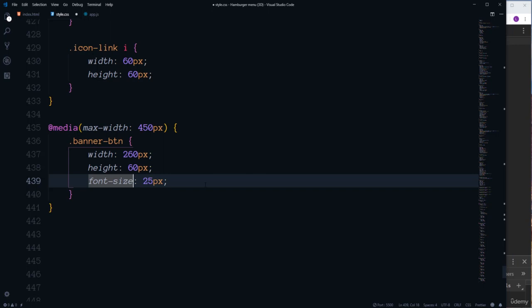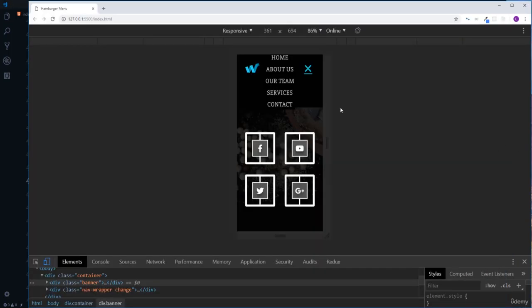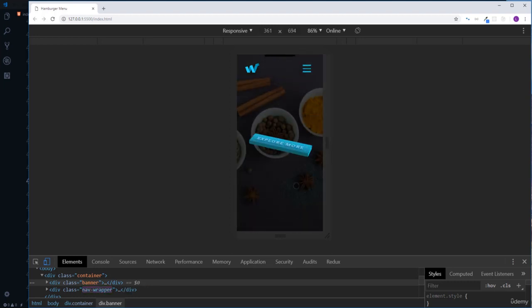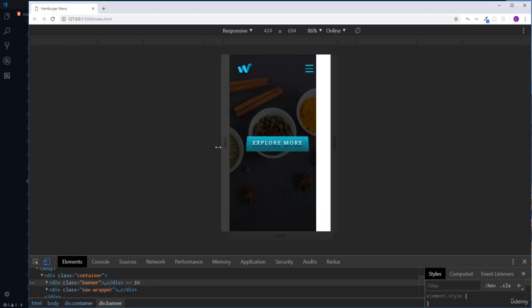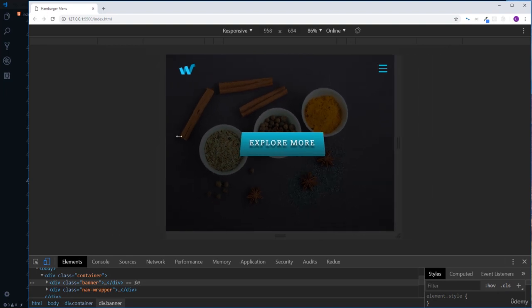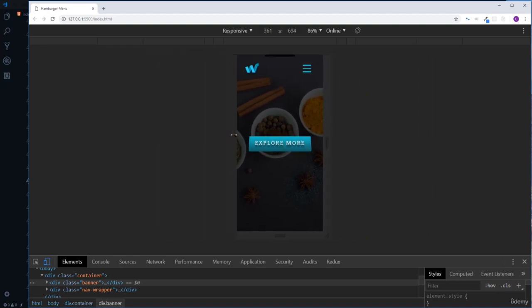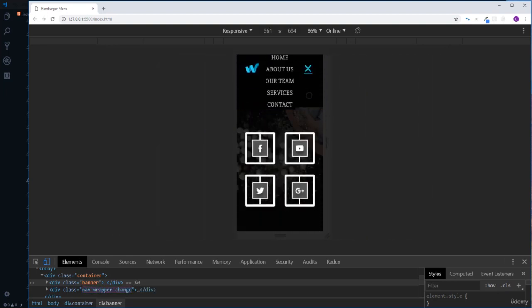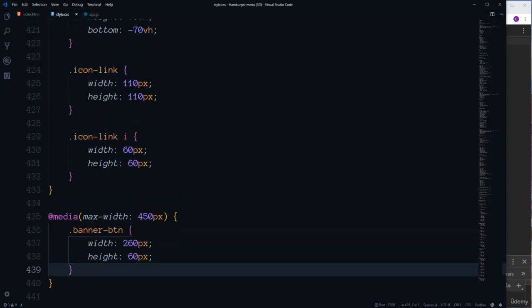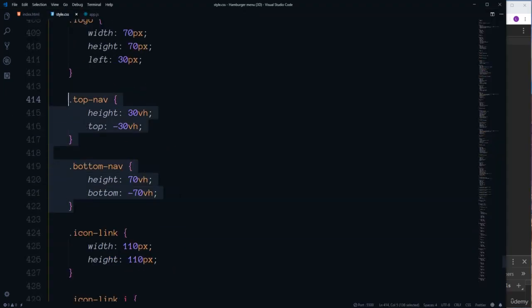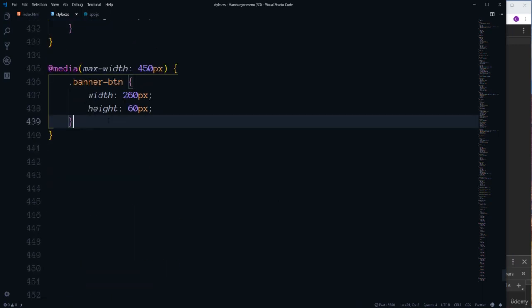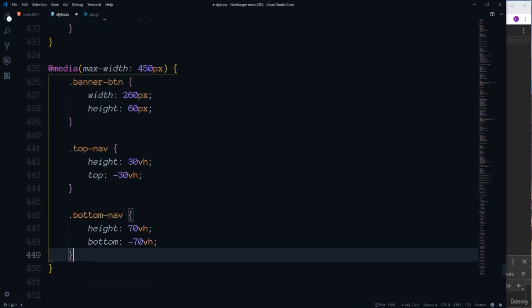As for font size, I'm going to leave it as it is, so let's remove this line. So the banner is looking perfect and it's already responsive on all screen sizes. Let's move on to the navbar. Here we need to increase the height of top navigation and decrease the height of bottom nav accordingly. Let's again copy code from the previous breakpoint, change values, write 35 VH,